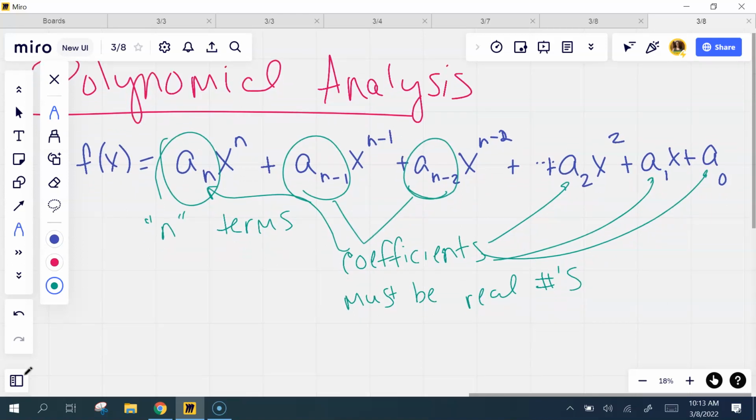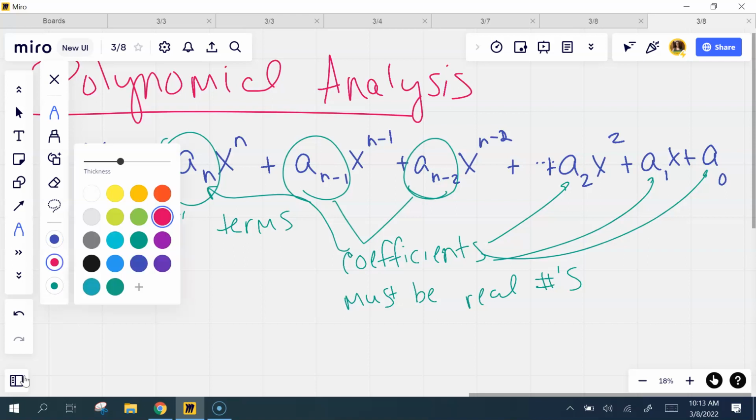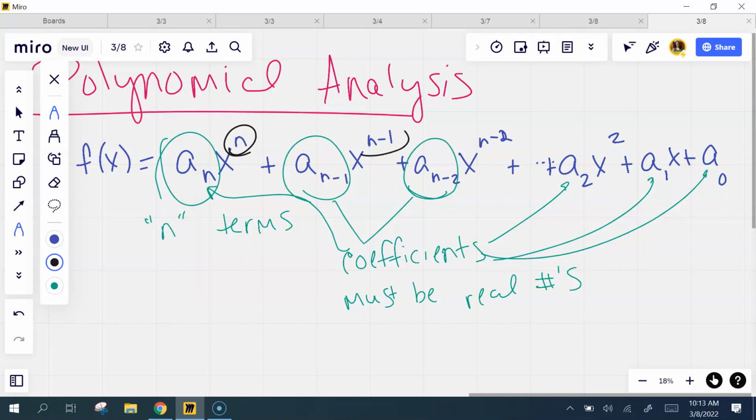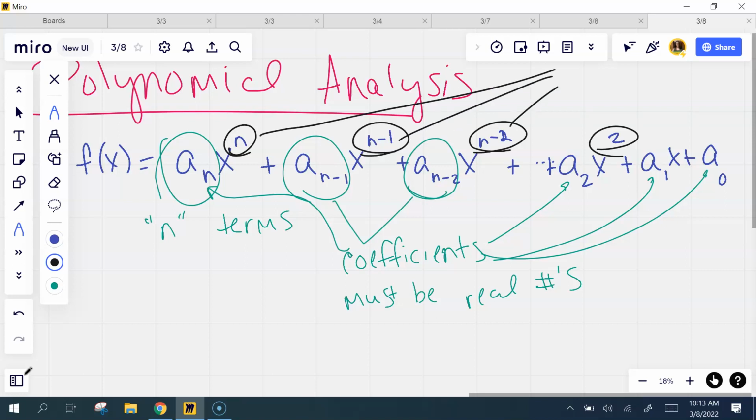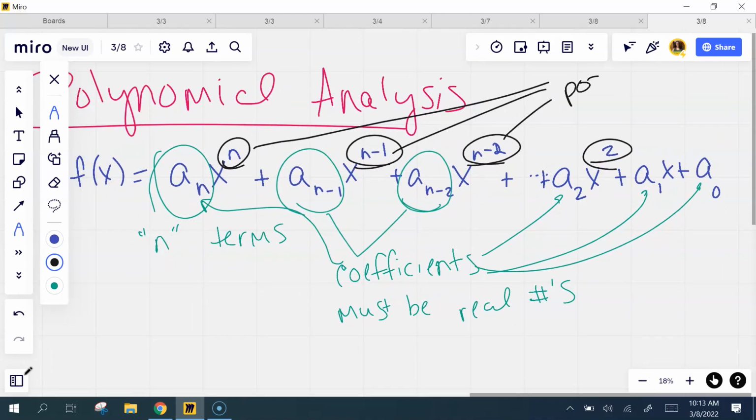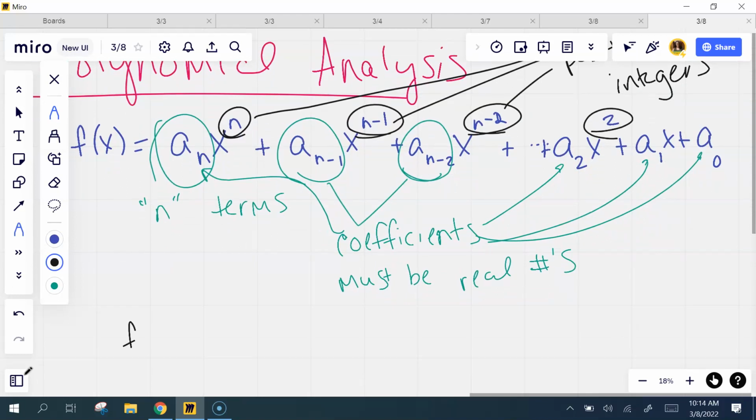The other thing that has to hold true, these exponents up here, not only do they have to be real numbers, they have to be positive whole numbers or integers. So what do I mean by that? 1, 2, 3, right. They've got to be positive whole numbers. They can't be fractions, decimals, anything of the sort. If they are, it's not a polynomial. So, for example,